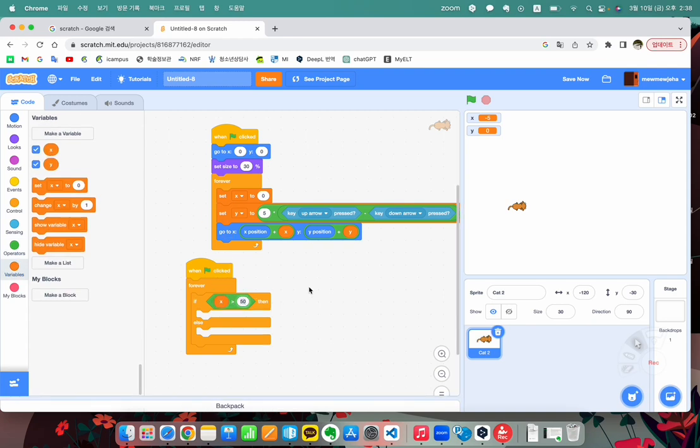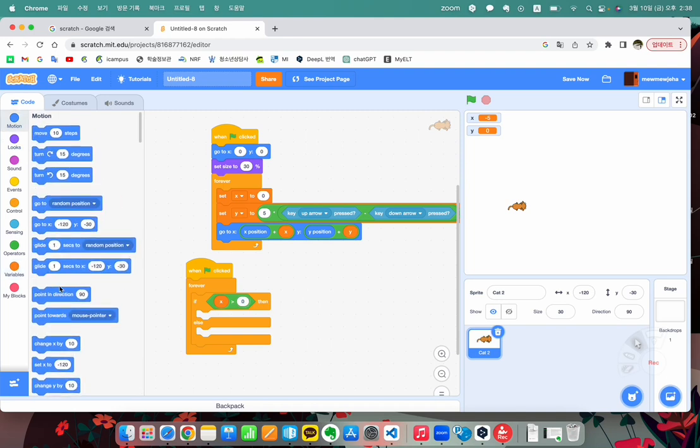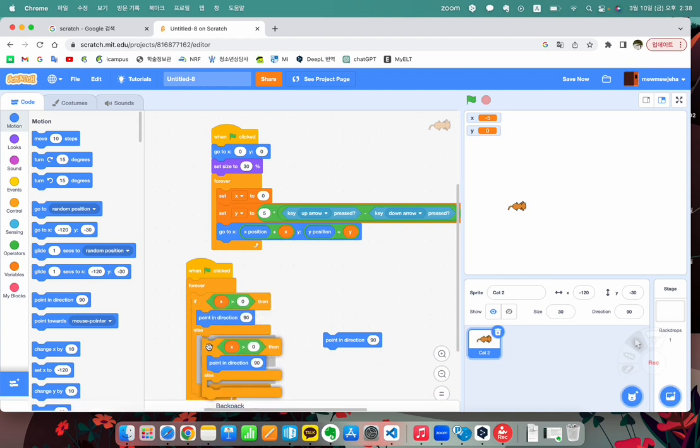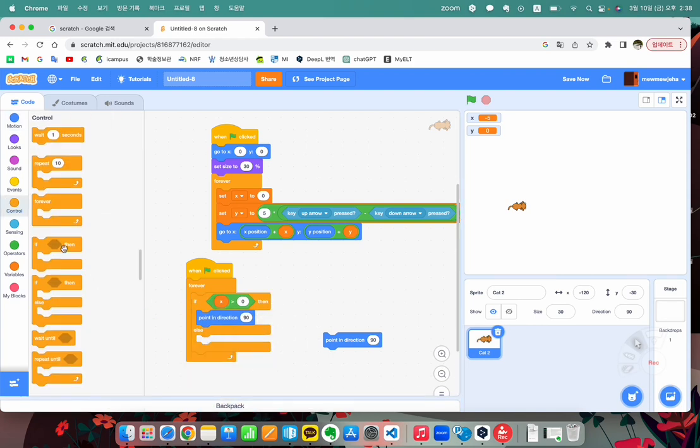If x is more than 0, then point in direction 90, else if